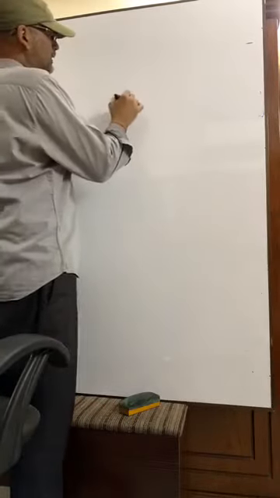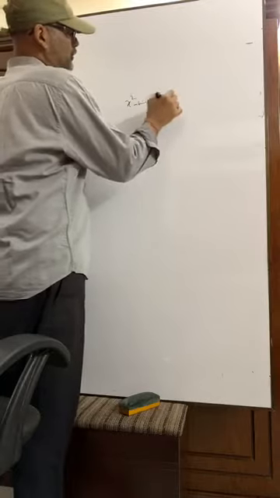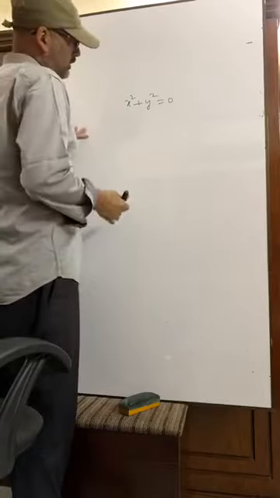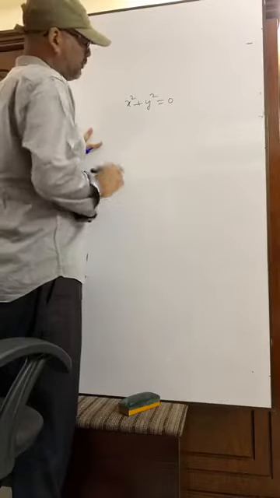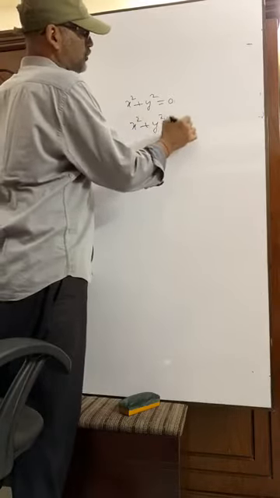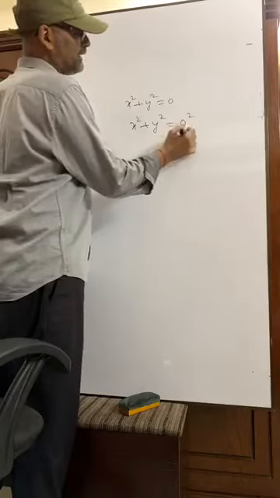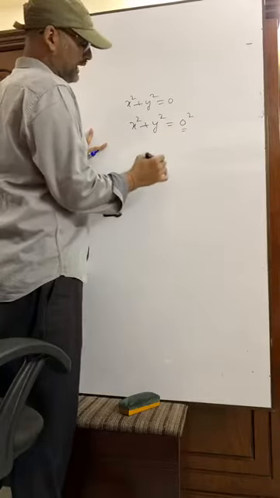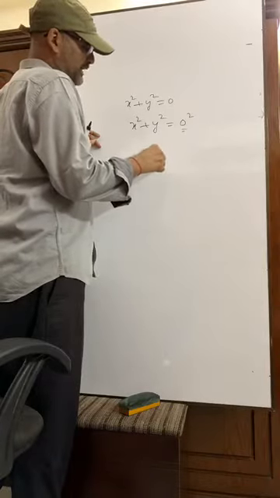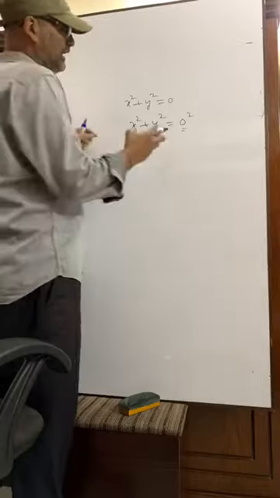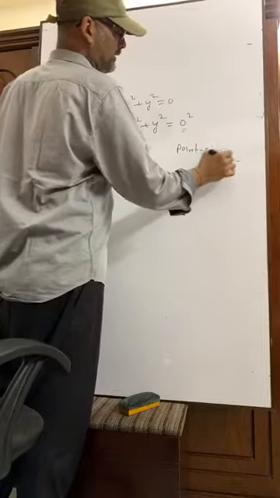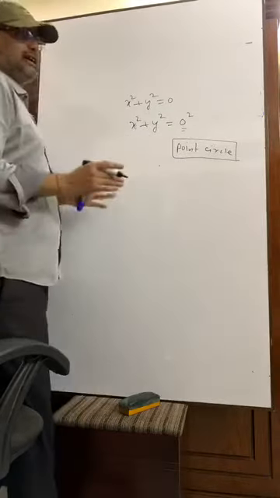Suppose x square plus y square equals 0. Whose equation is this? It's actually an equation of a circle, but it has a special name. It can be written x square plus y square equals 0 square. So the radius is 0, and we know a point doesn't have any length, any breadth, any height. So it is called a point circle. Please try to understand. It is a circle, but a point circle.